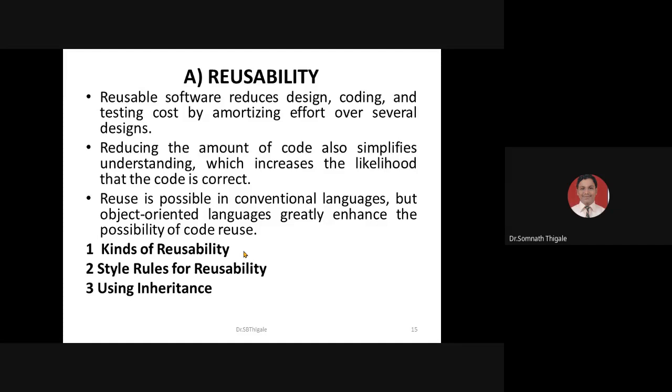No doubt, as it is code, it is highly impossible to use it unchanged. But whether it allows me to do some small modifications and use it for the next purpose, that concept I'm calling reusability. So reusable software reduces design, coding and testing cost by amortizing efforts over several designs.